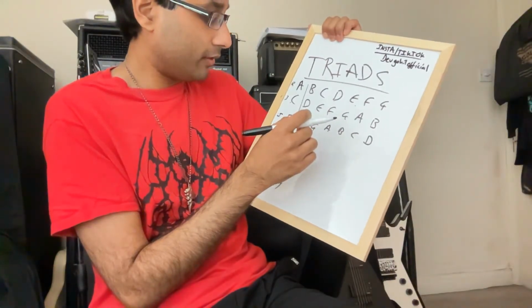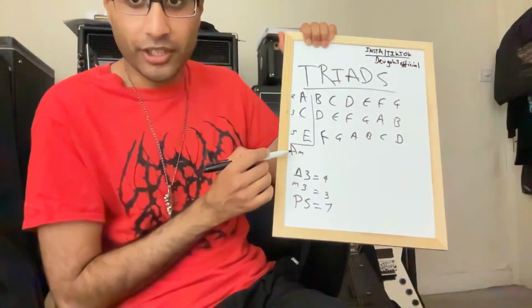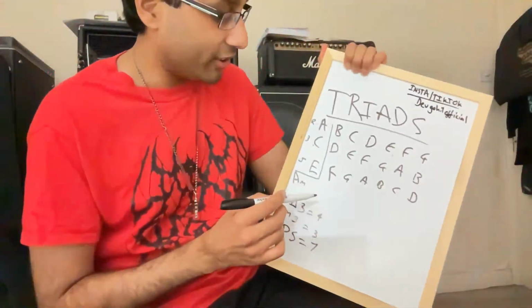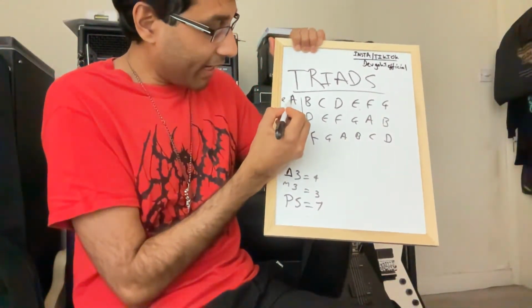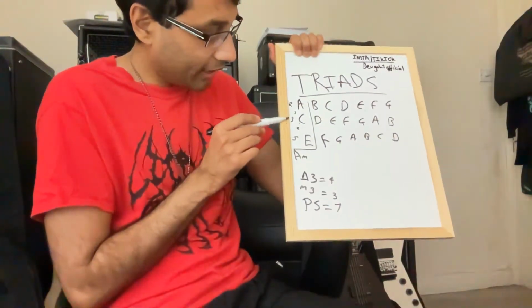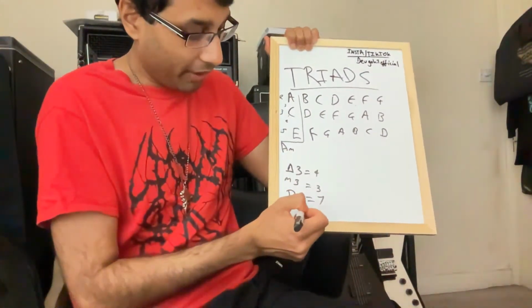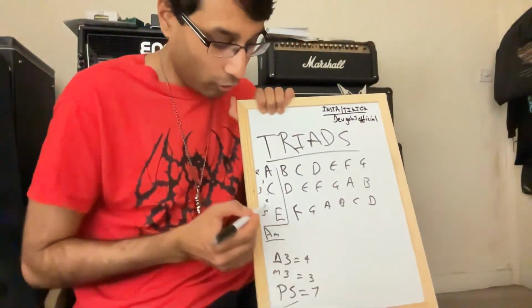Yeah, 4 frets. Oh yeah, sorry, it's my bad. A to C is minor, not major. I'm getting confused. Right, so it's A minor. A to C is 3 frets. C to E is 4 frets. Hence 7, perfect fifth, which makes it a regular A minor chord with the notes A,